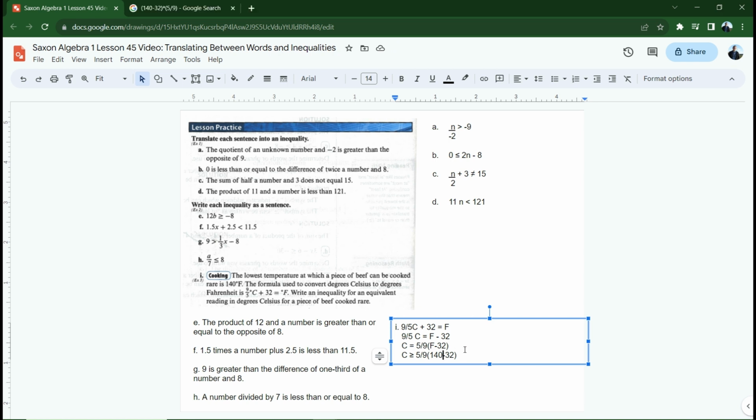I could simplify everything on the right, and what I get is the temperature in degrees Celsius has to be greater than or equal to 60 degrees. All right, and that's how you do these inequality problems. So for next time, you should do numbers 1 through 30, paying attention to carefully reading and writing inequality statements and really thinking through any word